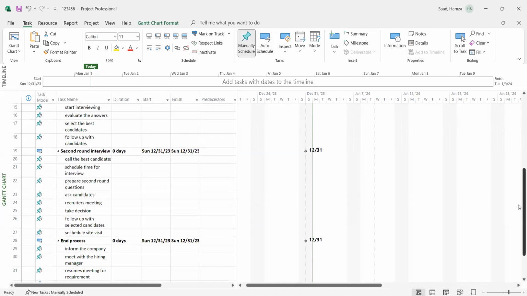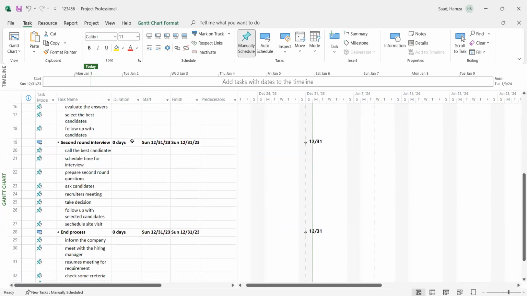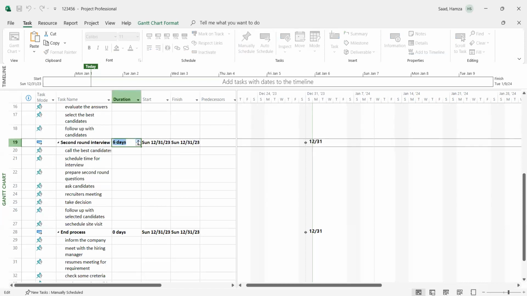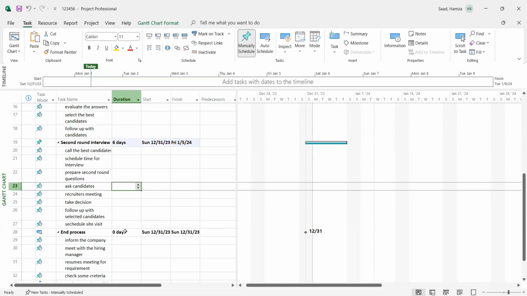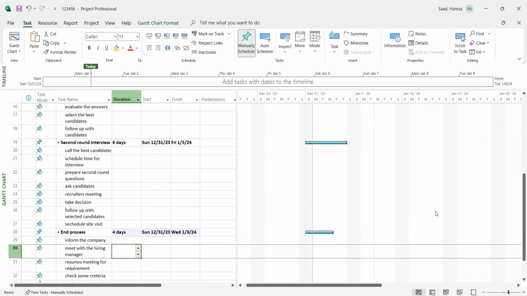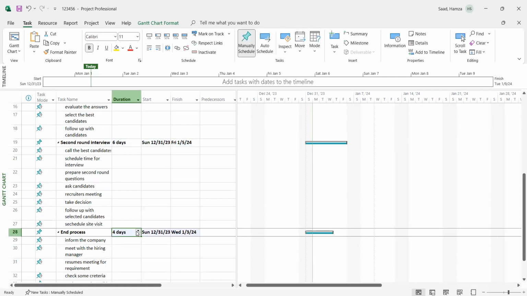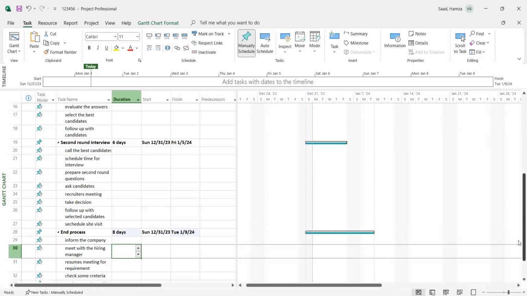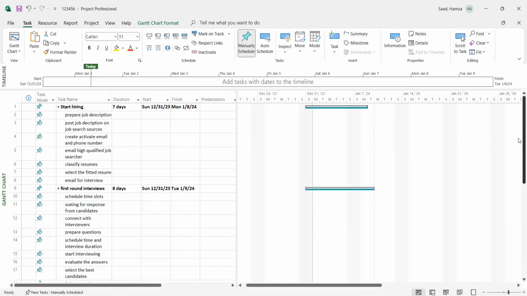And now for second round interview, because we are screening the top candidates from 10 maybe to 3 or 4, we're gonna schedule this for 6 days, and the last one, the end process, we're gonna stay 4 days to hire, or more than 4 days. Maybe we need 8 days in order to build the documentation for those who accept our offer to work with our